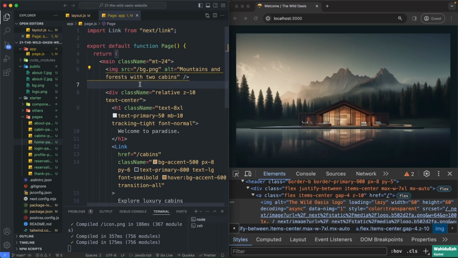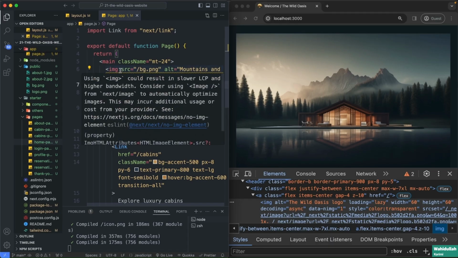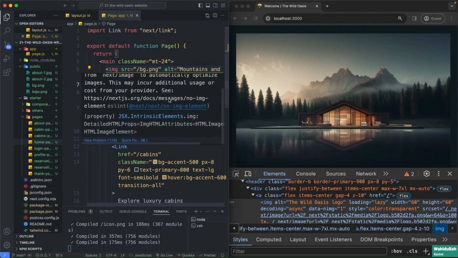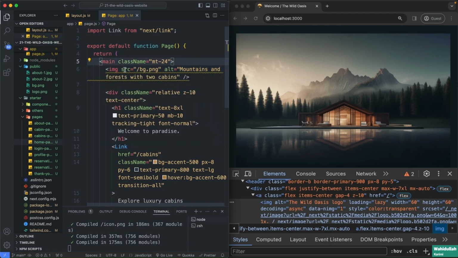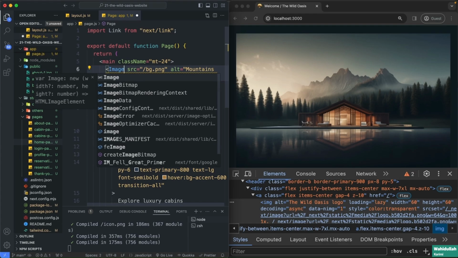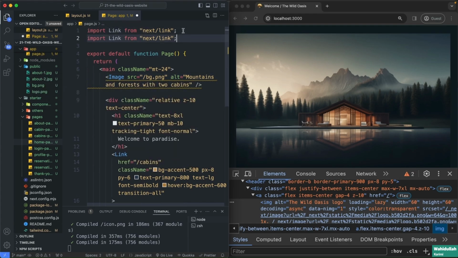So actually, right away, Next.js warns us that we should not use this image tag here, but instead use the built-in image component. So again, to automatically optimize images. And here we can actually directly go to the documentation page here on Next.js if you want to check out more about this image component, which you definitely should. So image here, and then let's import that as well. Just duplicating that and then